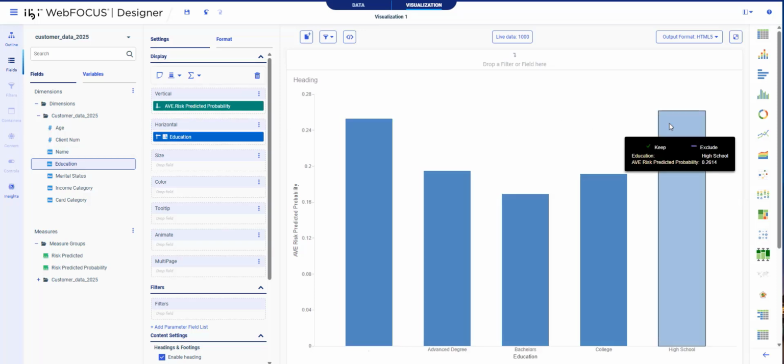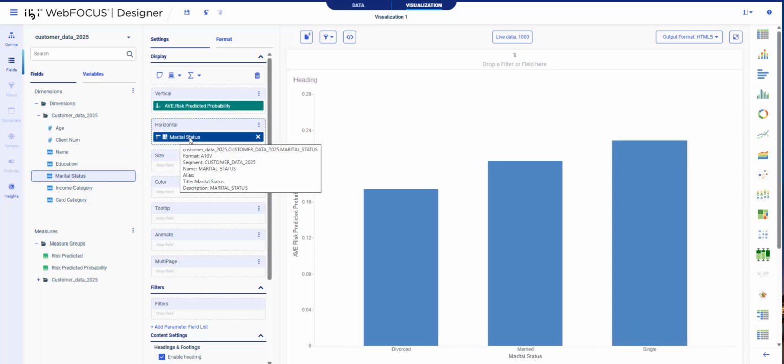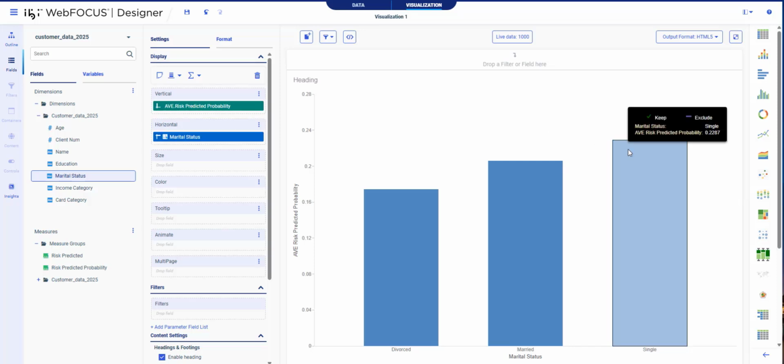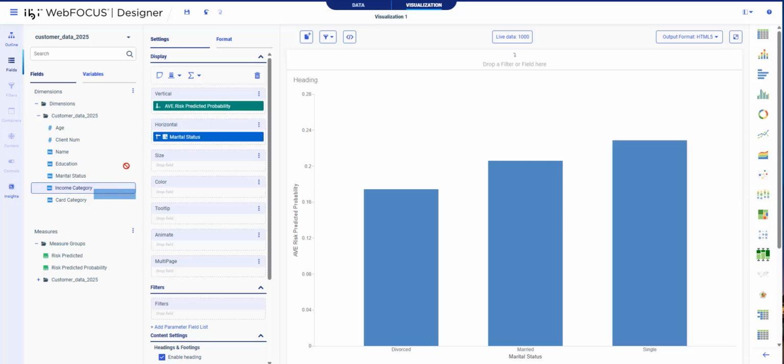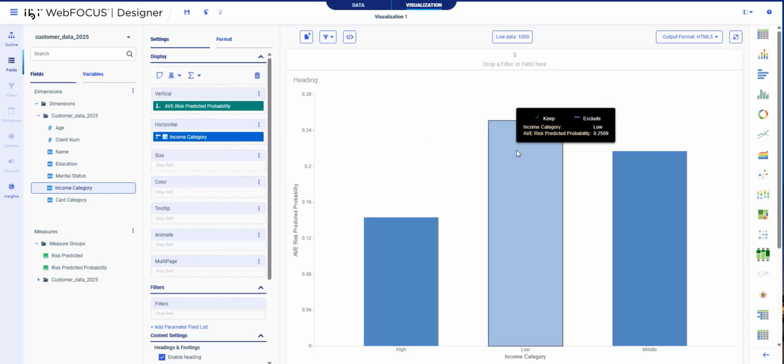So I'm looking at average probability of churn. I can look at this at a high level. I can look at this across things like education or marital status. This is what the Designer is great at. It's visual, it's easy to use, and I can look at this and create this information very quickly. So I've done that very